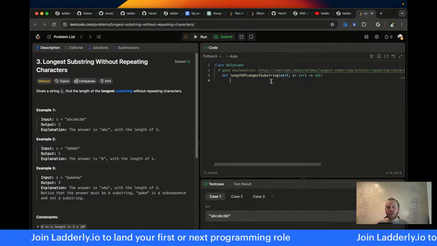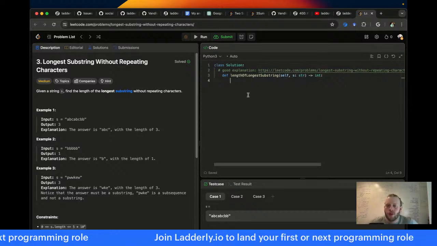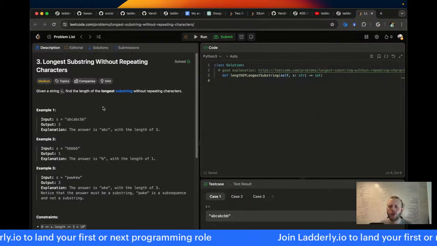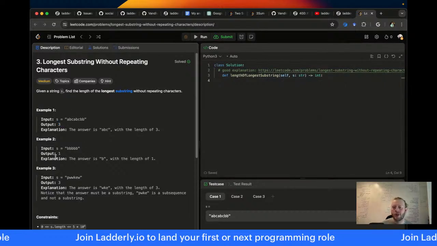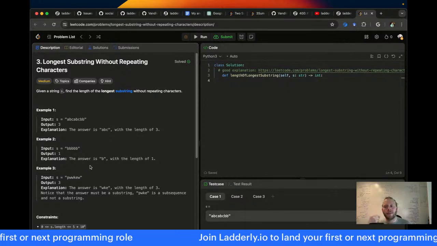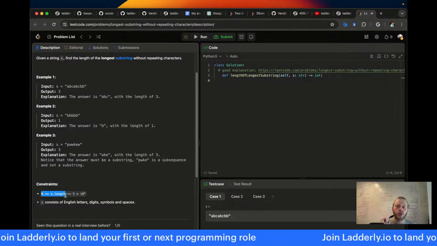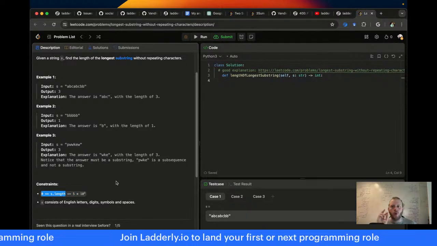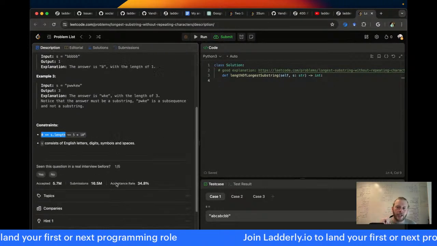Bummer. So let's start by reading. Given S, find the length of the longest substring without repeating characters. Really short description. I love it. We'll look at a few examples. Here, the output is 3, so they want an integer return, basically. I'm wondering if I could have an output of 0. Right, so constraints 0 is less than or equal to s.length. So it could be the case if it's 0 or 1, then I can immediately return. So we'll take care of those edge cases